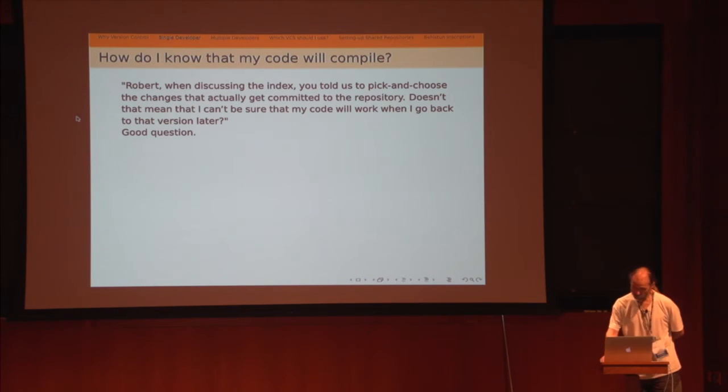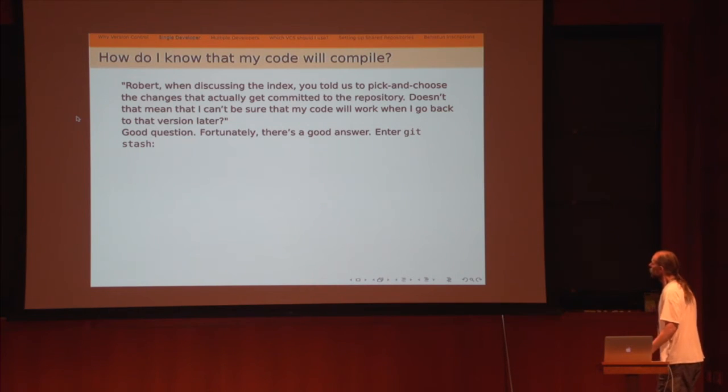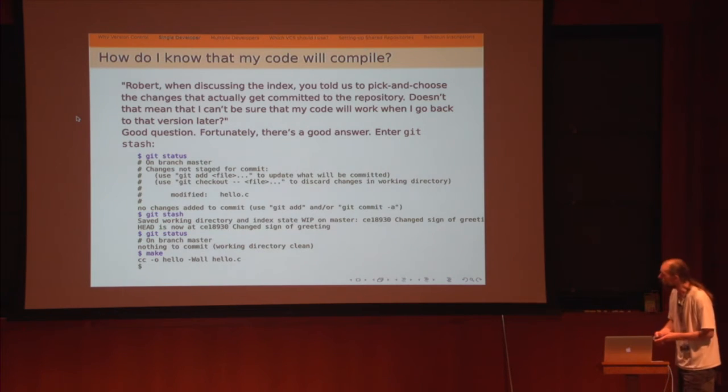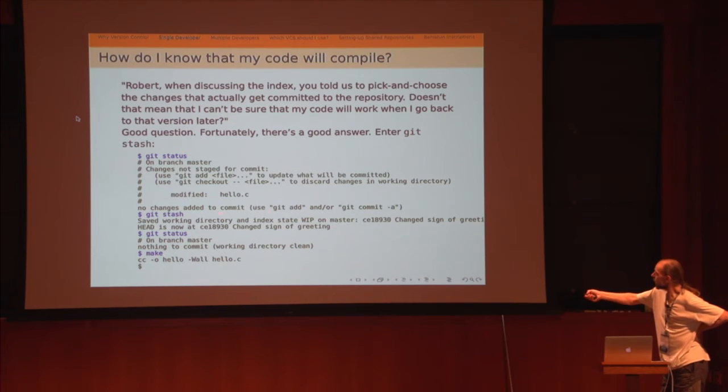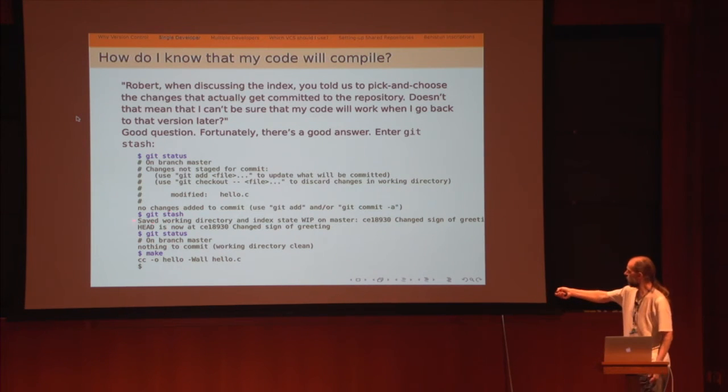But fortunately, I also have quite a good answer, which is there's a subcommand called stash, git stash, which perhaps not everybody knows about. So here we go. Here's my git status command. It says I have modified hello.c, and this is how you can get rid of it. And then I say stash, as in save it. And it says I saved everything, and I don't know what WIP stands for, into a secret place.